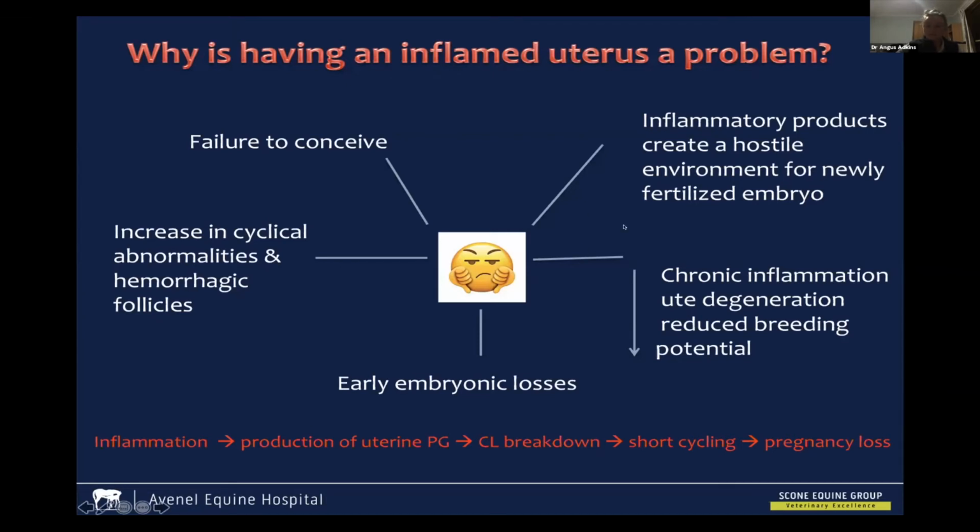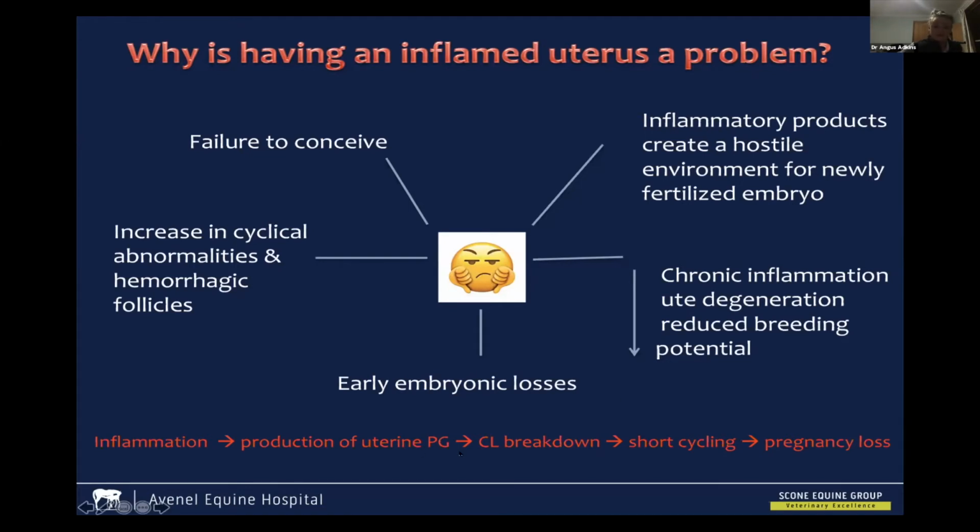The presence of inflammation itself will result in fluid and inflammatory products, which create a hostile environment for any newly fertilized embryo. So a newly fertilized egg will arrive at the uterus around day 6. And if the uterus isn't in good shape when that happens, then we're not going to provide the optimal conditions for its survival. If the uterine wall is inflamed, we might not get recognition of that early pregnancy, but also